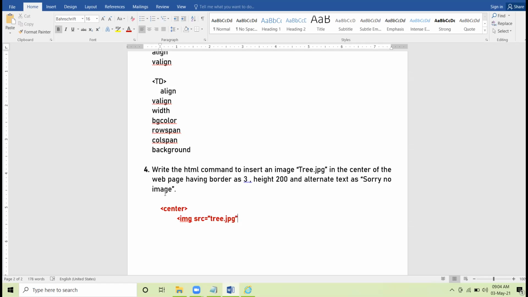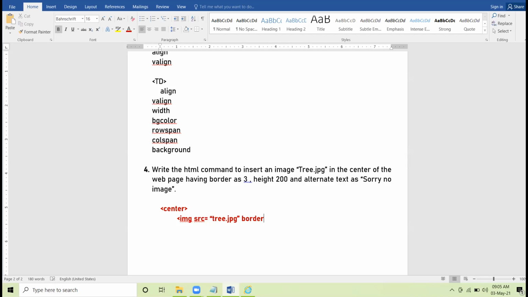Now see carefully. The examiner is not specifying the path of the image, that where image is stored, in which folder. So directly you take the name after the src attribute. You can take direct name enclosed in double quotes.